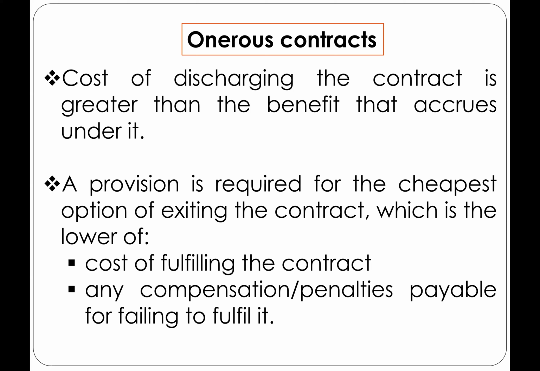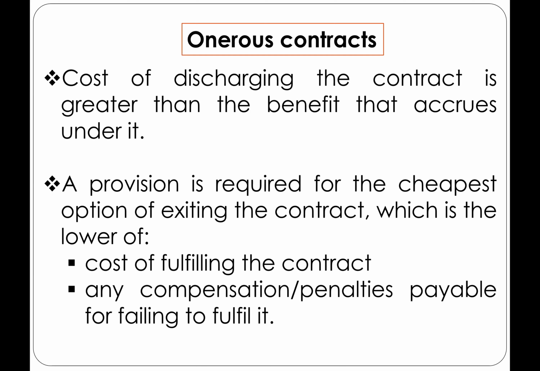In fact, the standard actually mentioned onerous contracts and there's a number of pages basically explaining what onerous contracts are. But basically, onerous contracts are contracts where the cost of discharging the contract is greater than the benefit that accrues under it. So let's say, for example, you are renting premises, and on the premises you are selling goods, and you are then using the money that you make from selling the goods to pay rentals on the property that